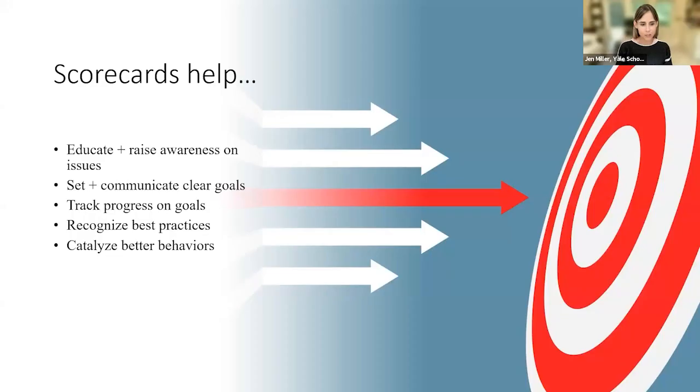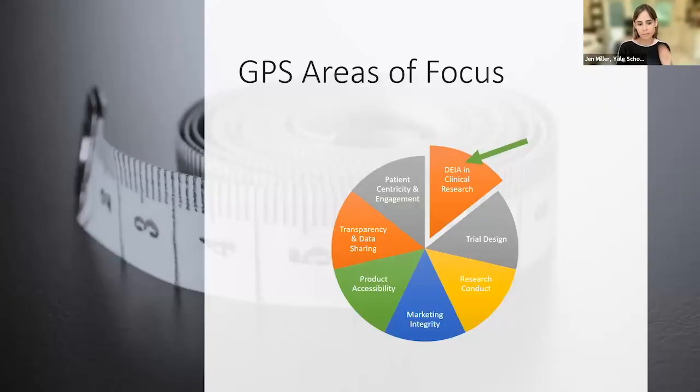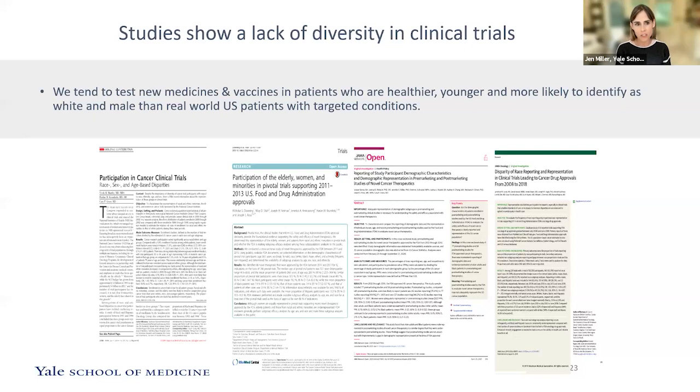Next slide. So we decided to tackle improving diversity, equity, inclusion, and access in clinical research for three key reasons. As you can see, the Good Pharma Scorecard is designed to look comprehensively at many bioethics issues, and today I'll just drill down into this one section. Next slide. So the three key reasons we decided to address diversity in clinical trials are: first, countless studies have